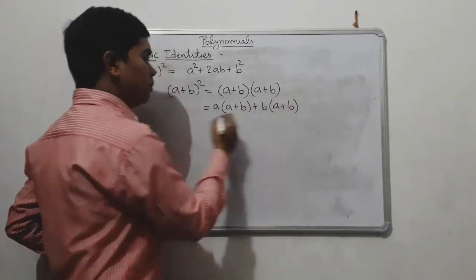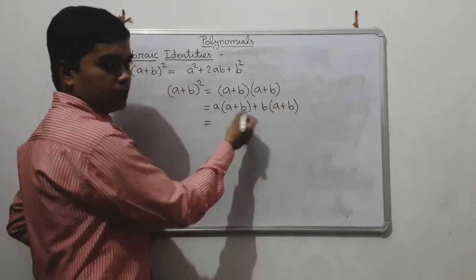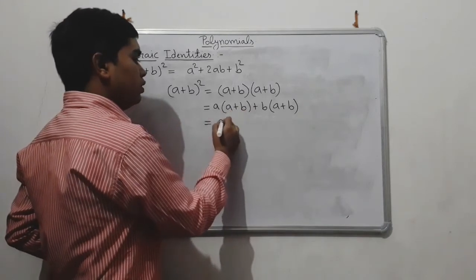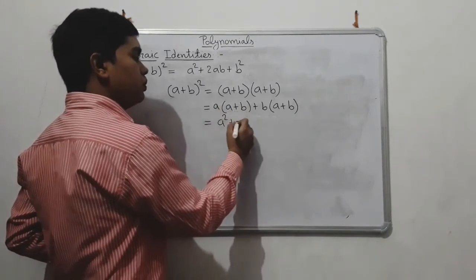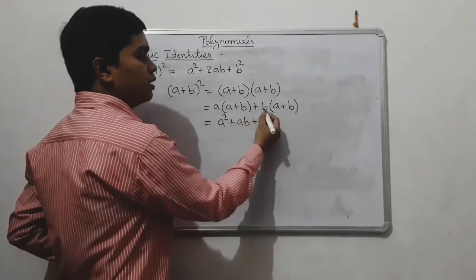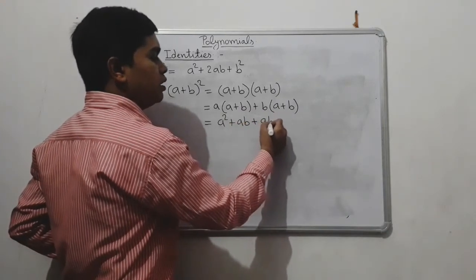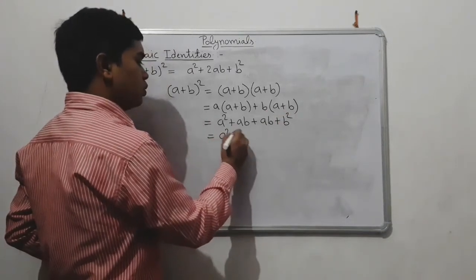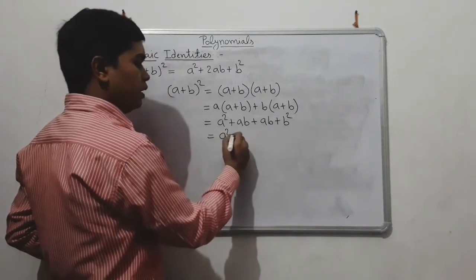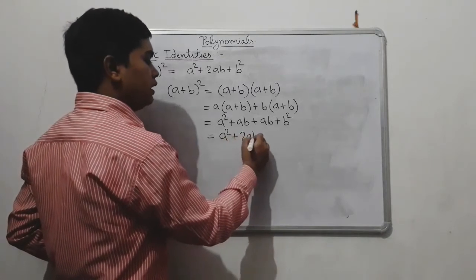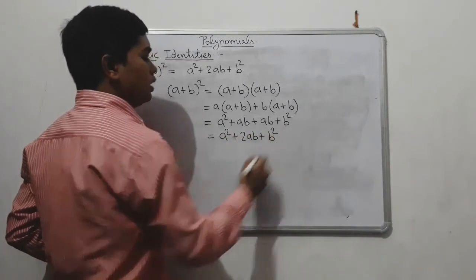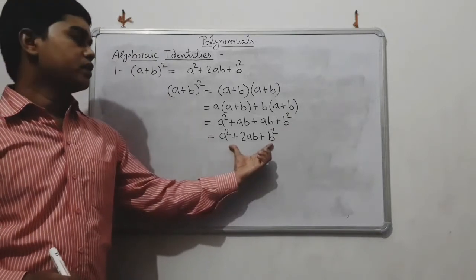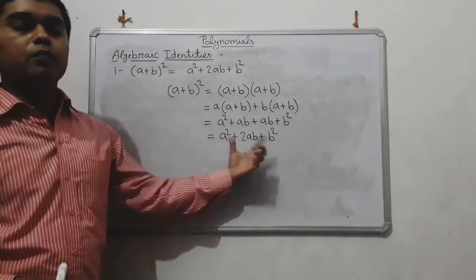We are opening the bracket. So what do you get? Now multiply by a inside the terms. So a into a you will get a square, plus a into b, it will be ab, and similarly here b into a it will be ab, and b into b you will get b square. Now see a square and here you have ab plus ab. So for ab plus ab you can write 2ab, and plus b square you will copy. Now see, (a plus b) whole square is equal to a square plus 2ab plus b square.